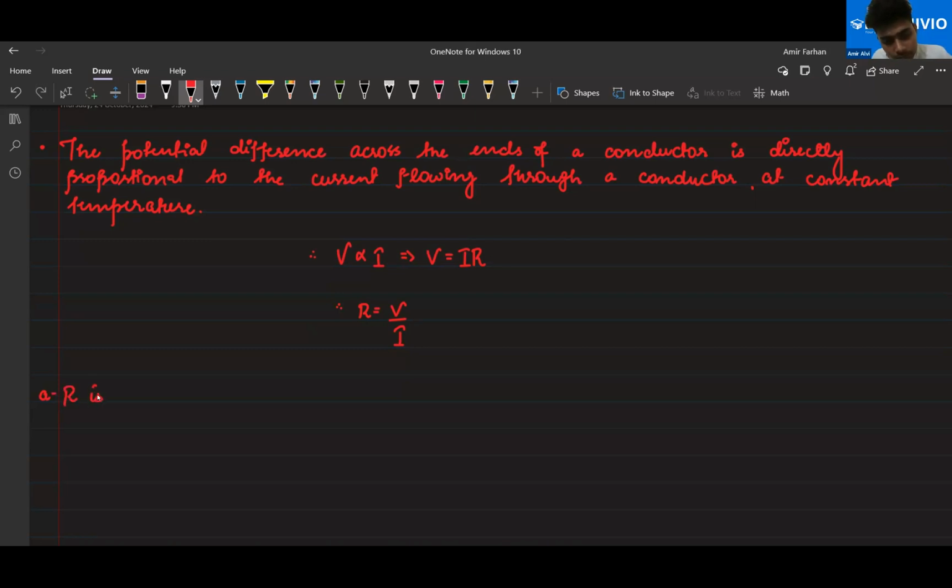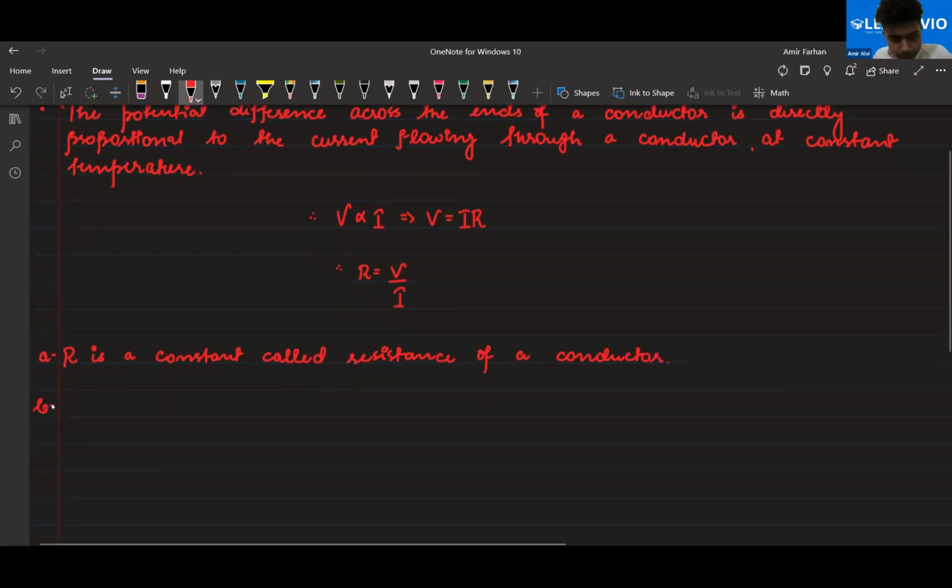Okay, now as you can see, everyone, after this Ohm's law statement, R is nothing but the ratio of the potential